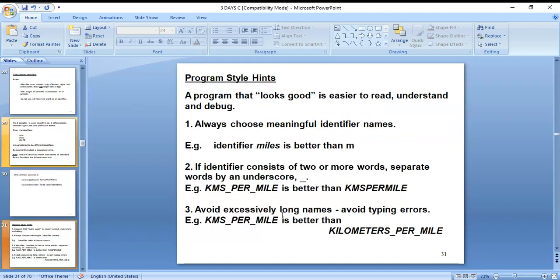Program style hints: how we can write a program in C programming. A program that looks good is easier to read, understand, and debug.